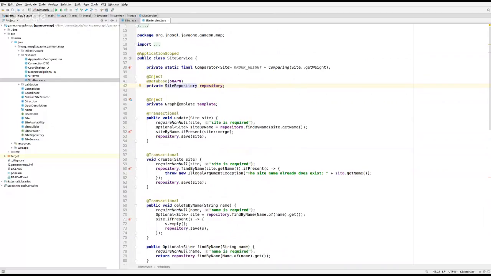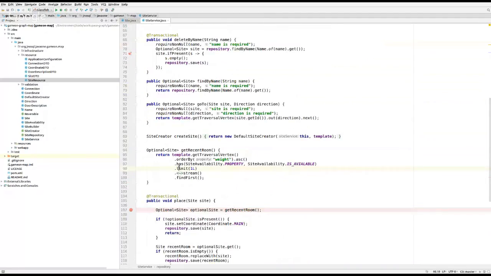However, instead of code, we have the template method for graph database operations. So we can do queries, and you can do a lot of stuff, as Leo told us. However, what we have here is a different kind of query. That's an Apache TinkerPop query. As you can see here, you can get the recent room. So we order by weight, check if it is available, and return just one element.